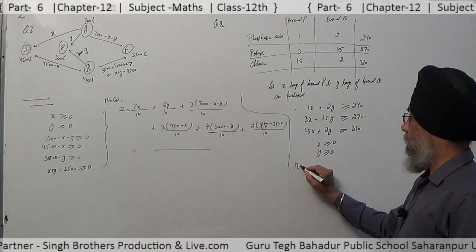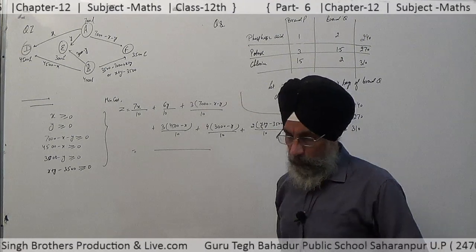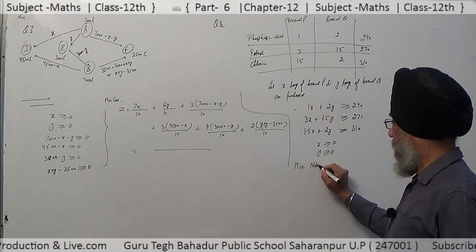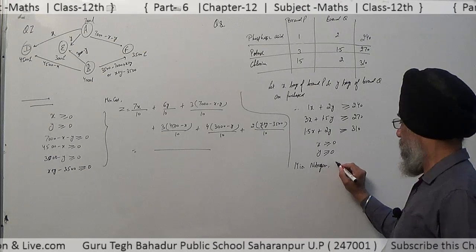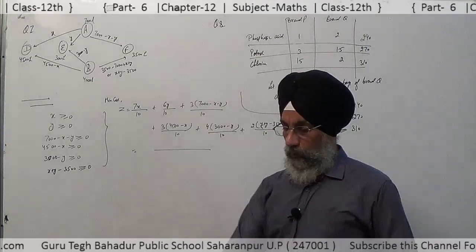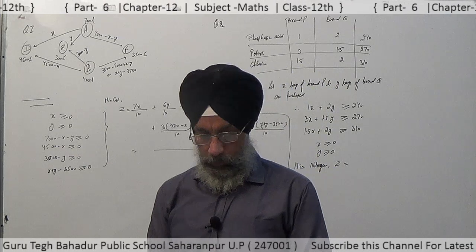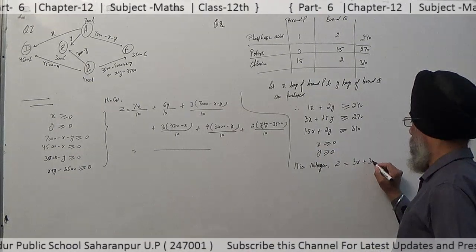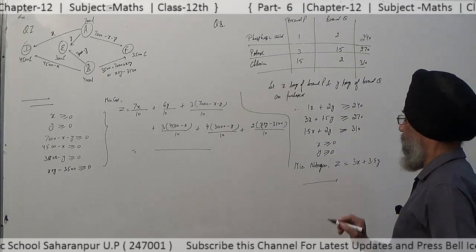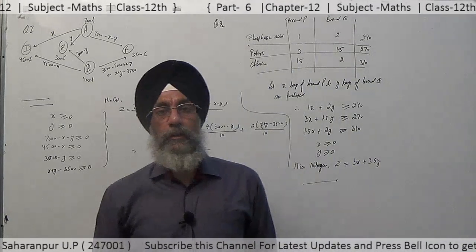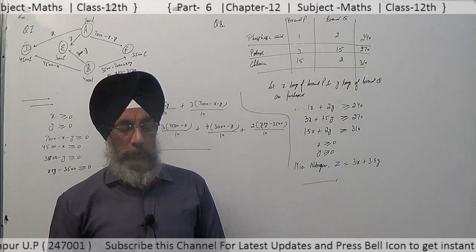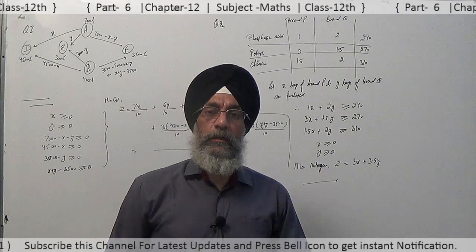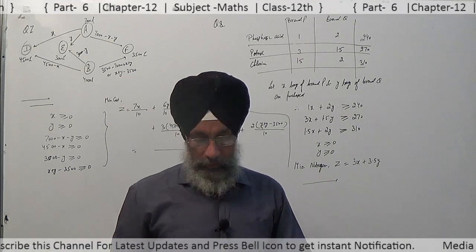We have to make the objective function; we have to minimize the amount of nitrogen. So here we will write minimum nitrogen. What is the nitrogen according to the table? It is 3 in brand P and 3.5 in Q, so it becomes 3x plus 3.5y. Then we have to solve the question to find the feasible region, and then find the minimum value, where the value is minimum. By that we get how we minimize the use of nitrogen in the field.